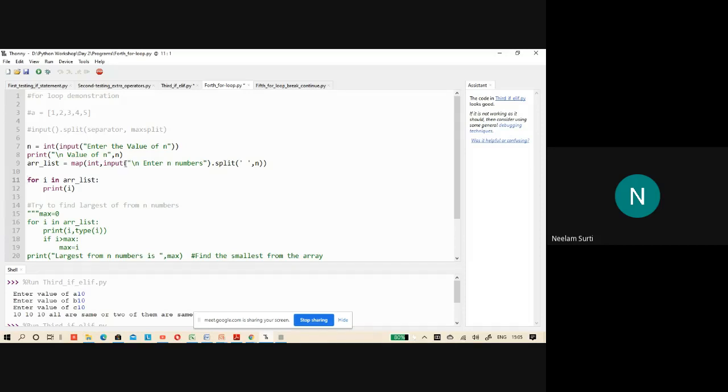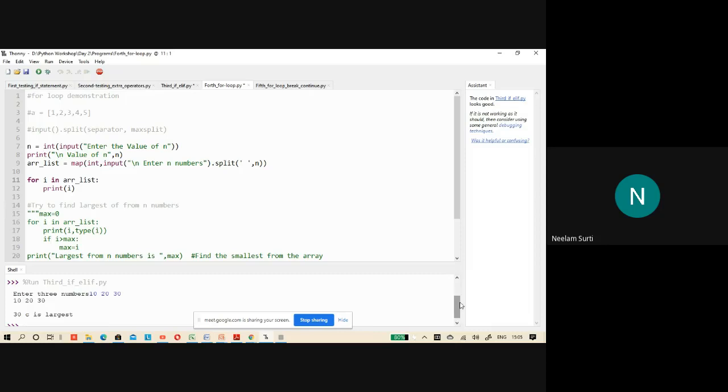And this is creating a list. One by one, the list elements are taken using the for loop into I, and then this I is printed. So if I run this program,